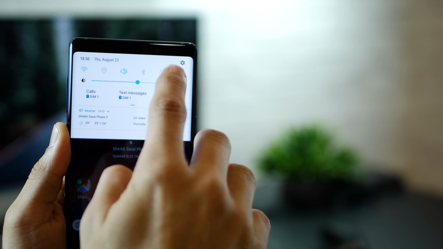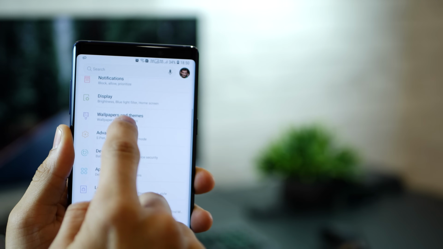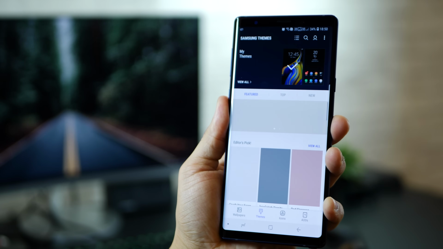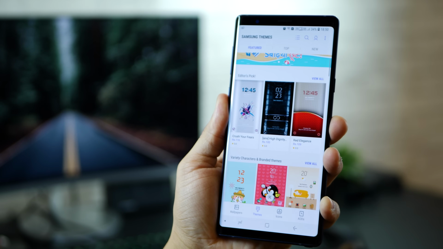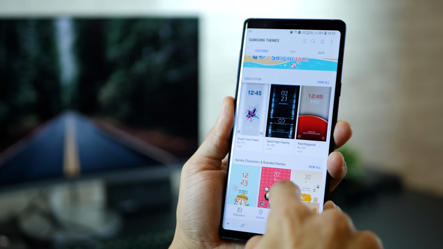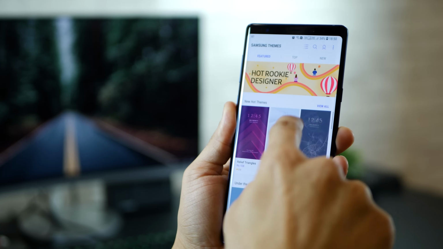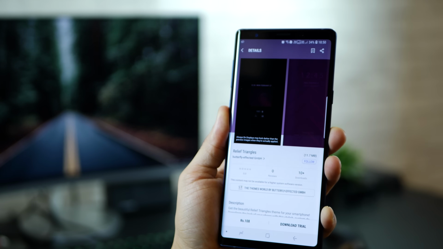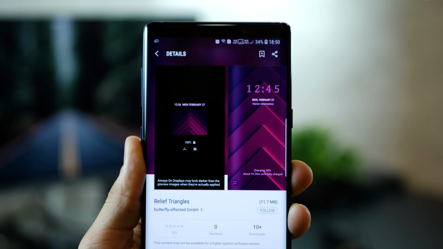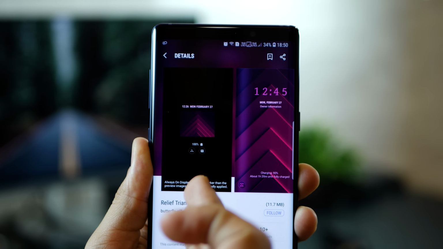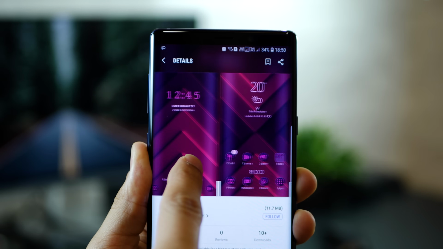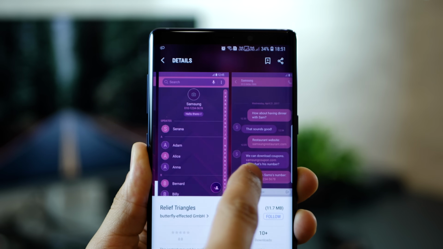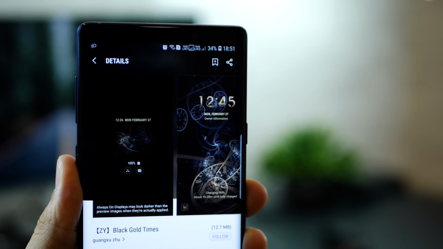Now, people don't give enough credit to the fact that there is a wallpaper and theme store that Samsung has, and it's got a bunch of really cool themes that you can try. It particularly changes a lot of things of your phone, including your dialer, your wallpapers, your lock screen, even your always on display, your icon pack. So it really makes your phone look very different, really exclusive, and it talks a lot about you and your personality as well. So if there's something that suits you and your taste and your sense of visual, better choose